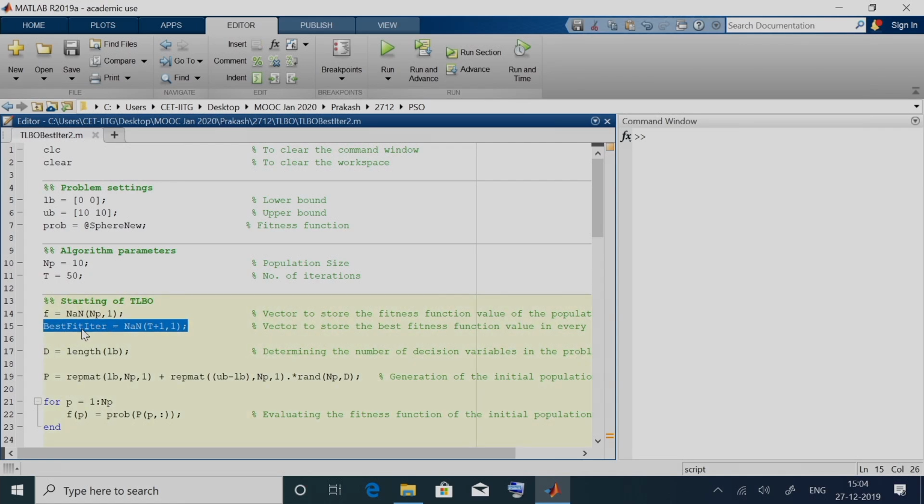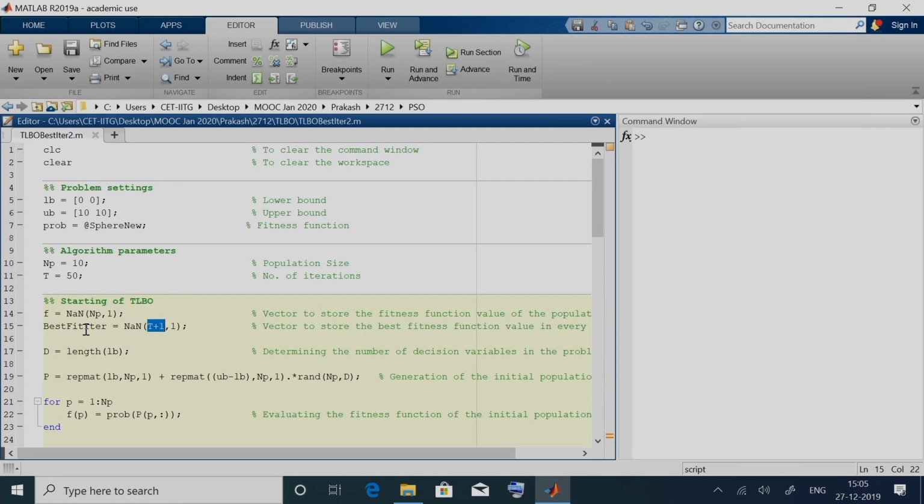The purpose of this variable is to keep track of the best solution obtained in each generation or iteration. Since we are going to perform TLBO for 50 iterations, I am creating t plus 1 locations, and not t locations, because I also want to store the best value before we began the iteration, that is, in the 0th iteration or the initial population, what was the best fitness value.